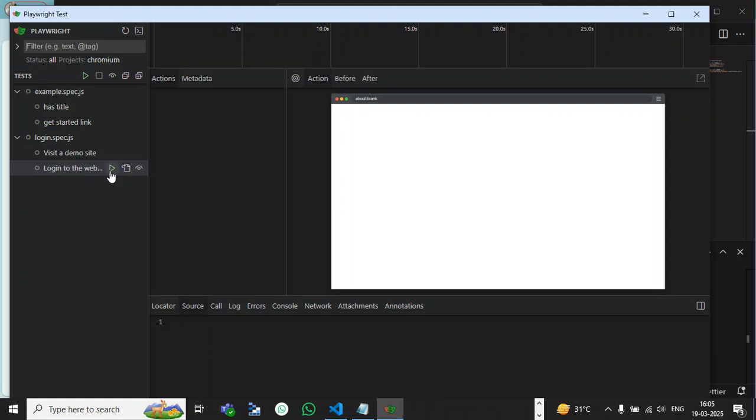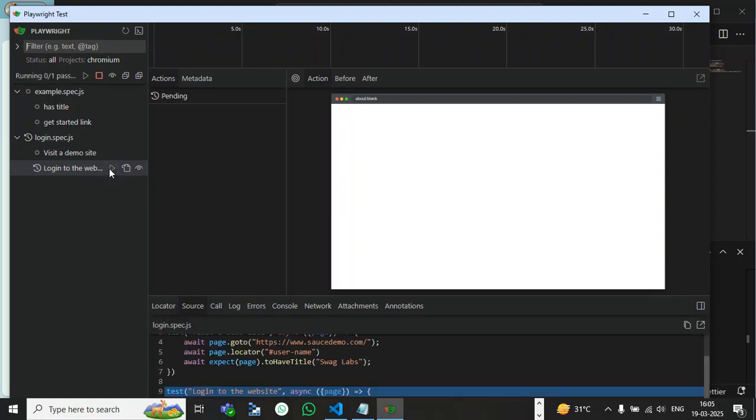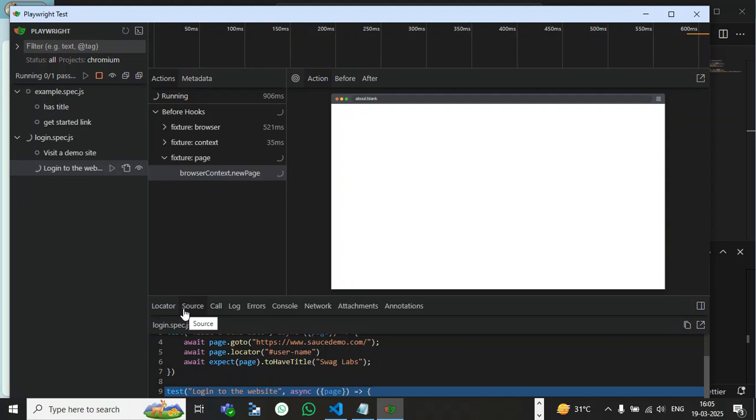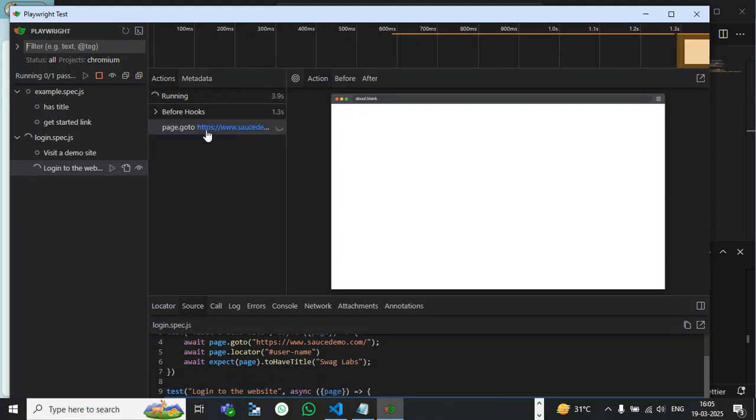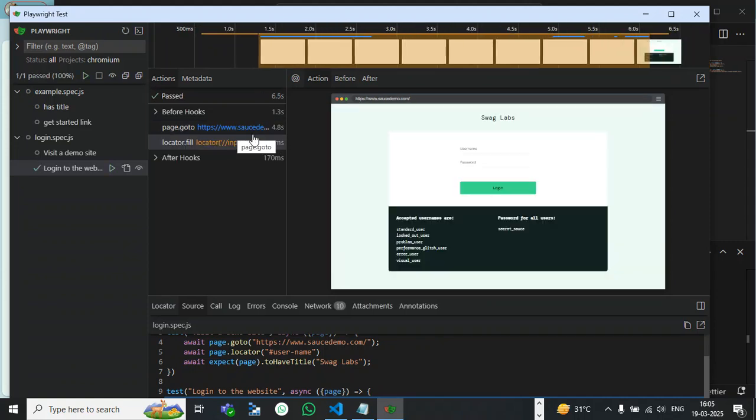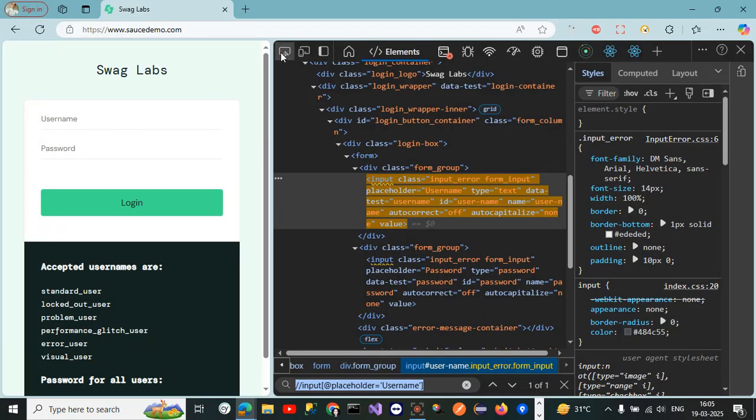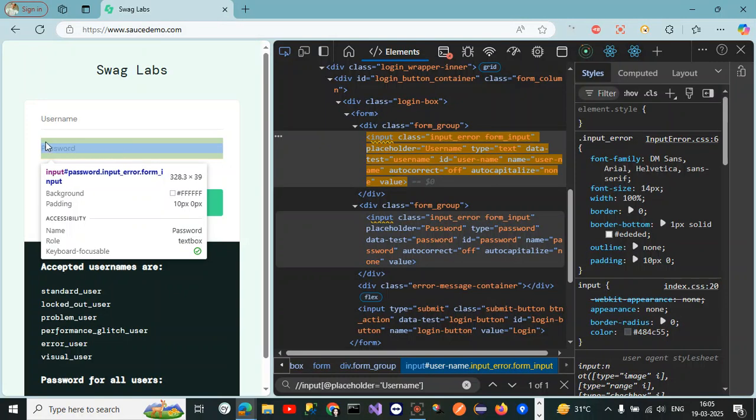Log into the website. For that, I need to run it and see how it's working. So it has visited the Sauce Demo site and it has found the username element. It has also filled the value, if I'm not wrong, and it has passed properly. So let's check. Okay, so let's go to the next step, that is finding the locator for